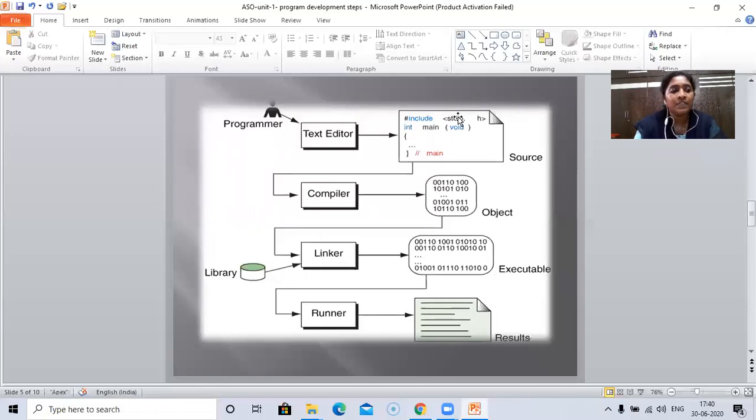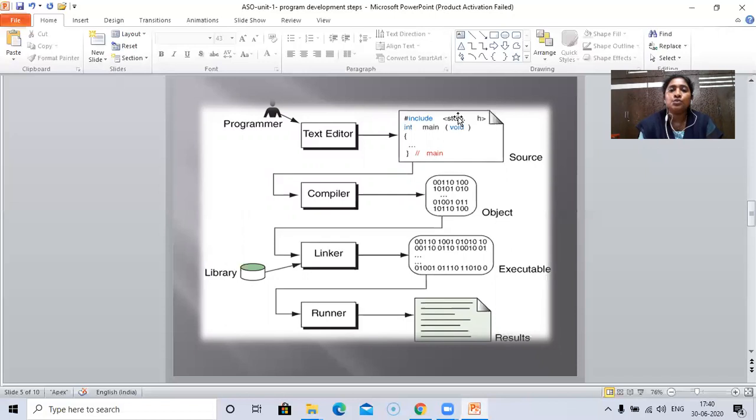This source file will be taken as the input for the compiler. Now, a compiler is a program which converts high-level language to machine-level language, because only machine-level language will be understood by the machine, which is in the combination of zeros and ones. Now, what will happen in the compiler step? The compiling process consists of 2 units, which are the pre-processor unit and the translation unit.